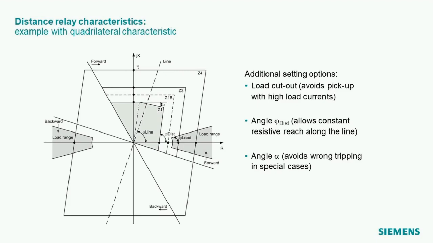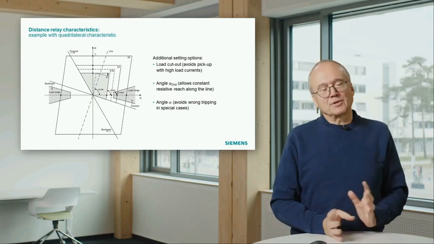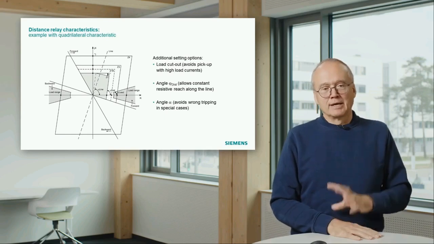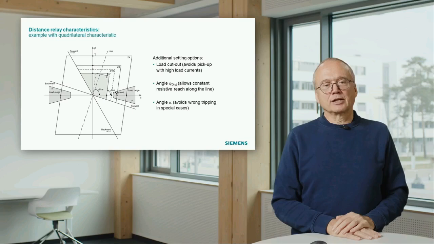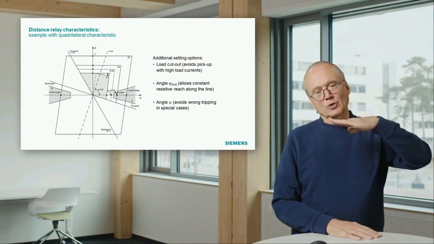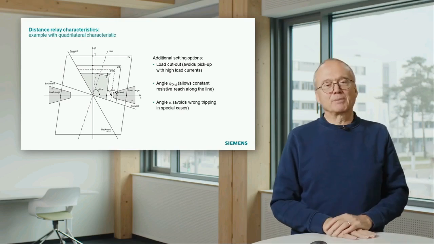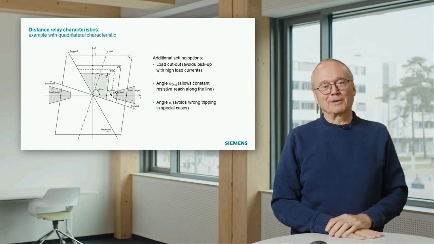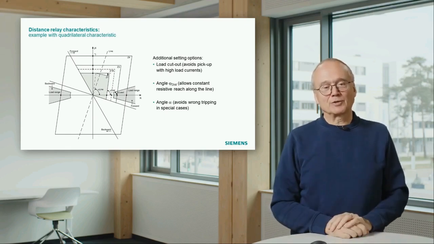This slide shows the characteristic we actually have available in our CProtect 5 distance relays with all the different features. You see the outer zone is, in this case, not rectangular. It's a little bit tilted in a parallelogram form. The inner zone is shaded in gray, the zone 1. Also there we have the option for some special applications. Again, another parameter to tilt the top a little bit because it's needed for some applications.